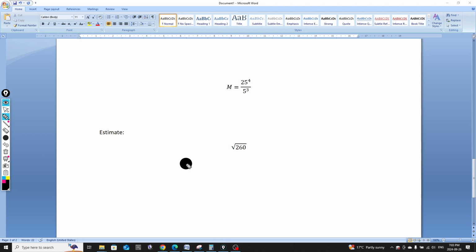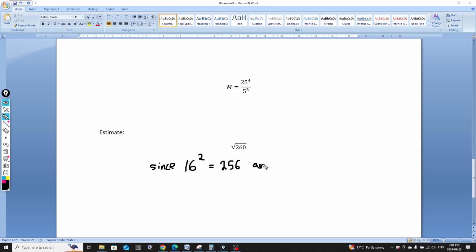Okay, so the first step is you're going to first identify those perfect squares before and after. So you're going to say, since, what was it? We said it was 256. Yeah. So we're going to say since 256 is actually the result of 16 squared. So since 16 squared equals 256,